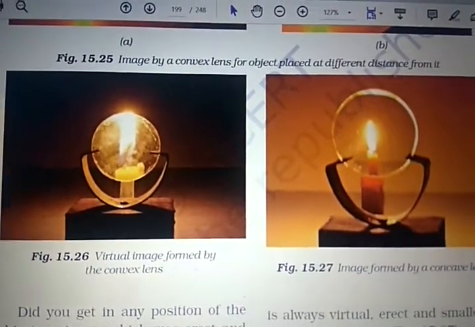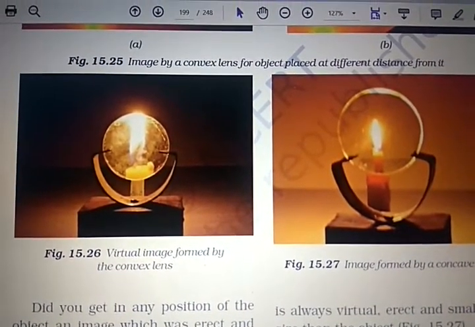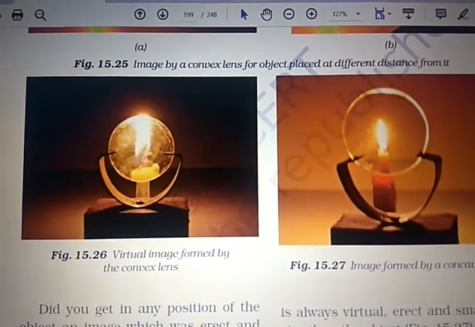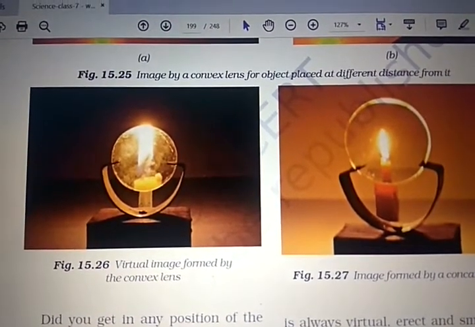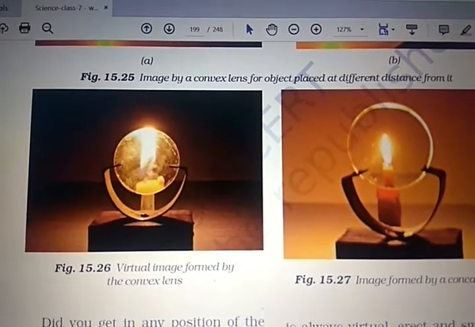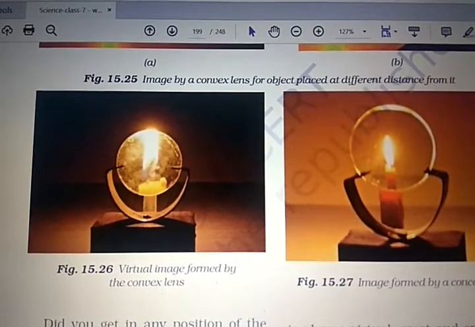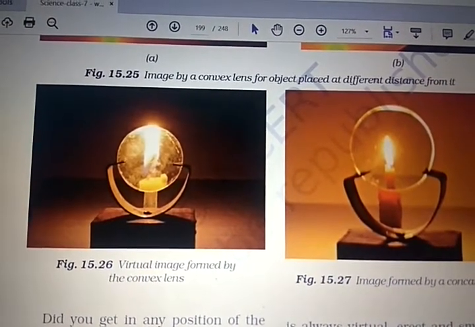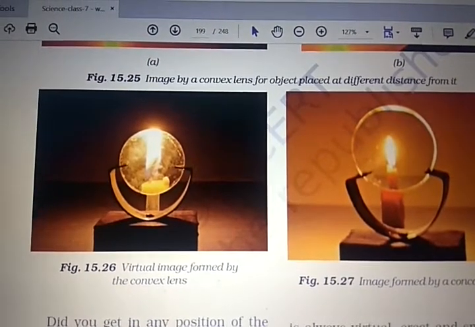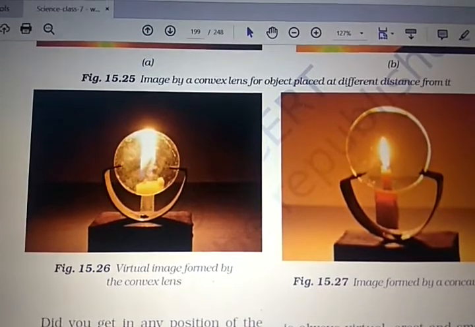But in one case, when the object and the convex lens are very close to each other, you cannot get the image on the screen, but you can see the image in the convex lens itself. In this case you will get a virtual image, virtual, enlarged and erect.